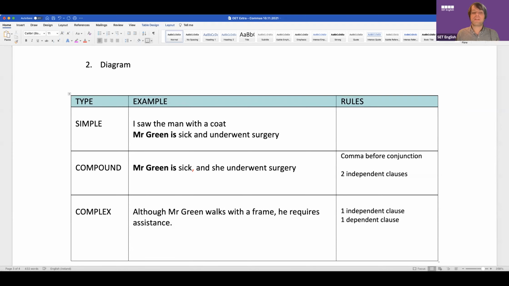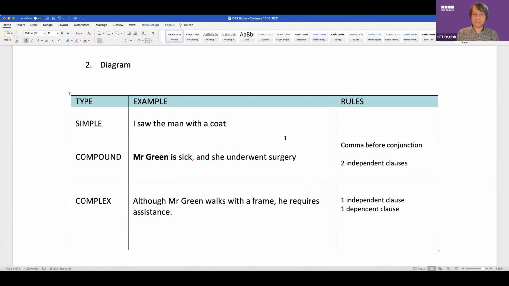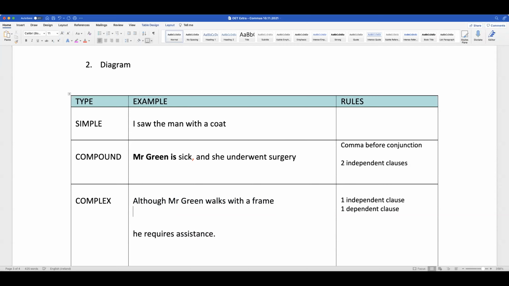Okay, so let's think about this in terms of which one is dependent and which one is independent. Does anyone know which one is independent here? Which one makes sense on its own? The second part. Okay, but the problem with this, remember, is that this is not a conjunction, right? So you can't remove that. That is inside the clause. So if I said to you, although Mr. Green walks with a frame,